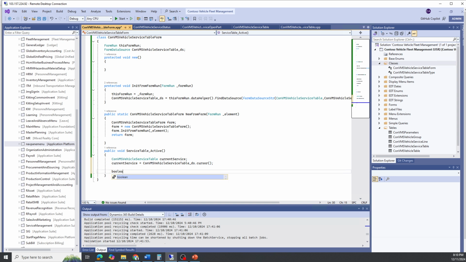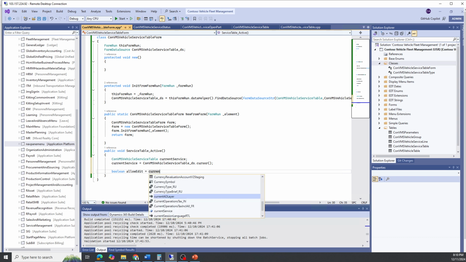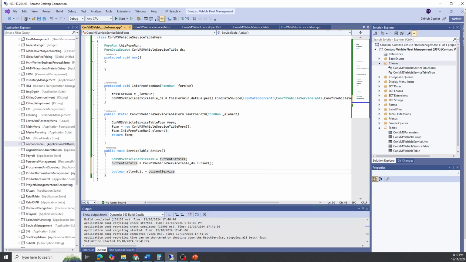And then what we will do, we will take a boolean method. So boolean allow edit is equals to current service, which is the keyword variable dot type. What is the type? And then type dot edit. So type dot this dot type can edit. So this is the method name we have created, and then we will give the con vms vehicle service table